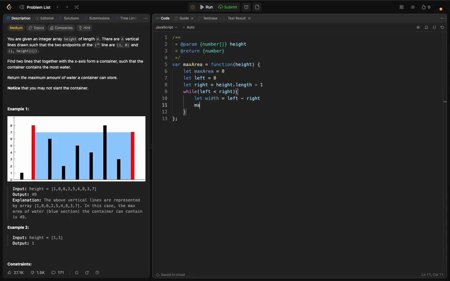And I will have max. I want to get let new area, which will equal, first, if I want to get the area it will be the height multiplied by the width. But which height? Because not all the heights are equal. So basically here I should get the smallest height, and I just should multiply it by the width. Because you cannot store water depending on the bigger height, because the water will overflow anyway. So first I said it will be Math.min